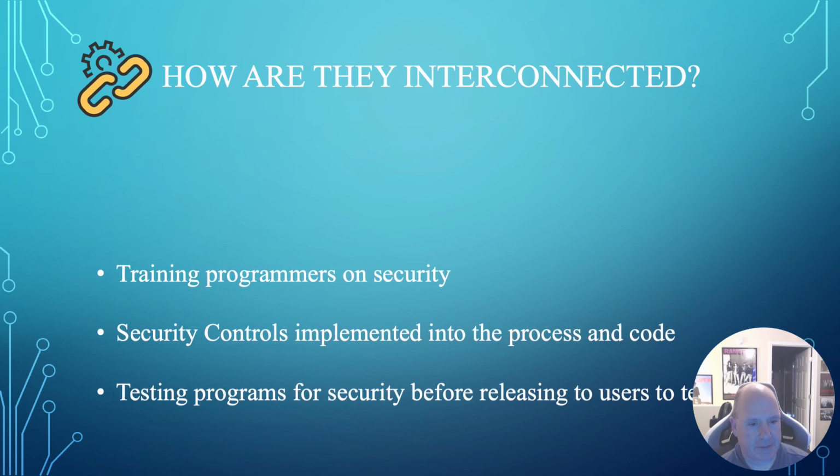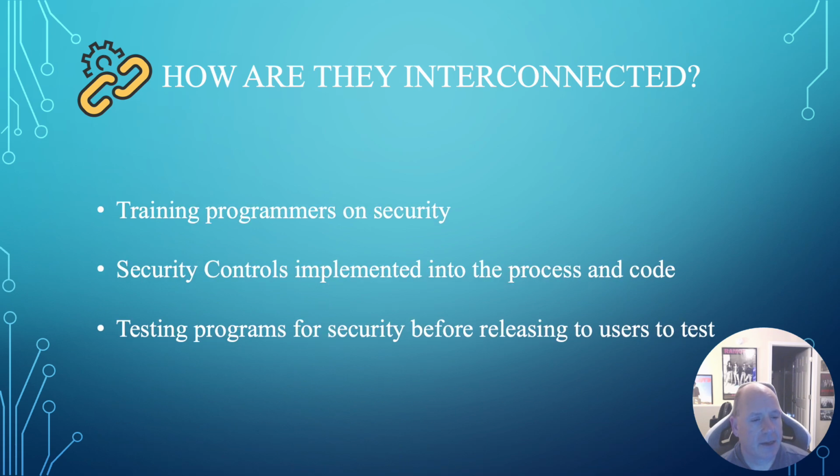And how are they interconnected? They are interconnected by making sure that programmers are trained on security. This allows them to have enough information as they're coding and doing their job that they can actually start to see how things should be secured as they program. And this is done with security controls that are implemented into the process and code. This allows them to then start making sure that programs are not wide open to some kind of a breach